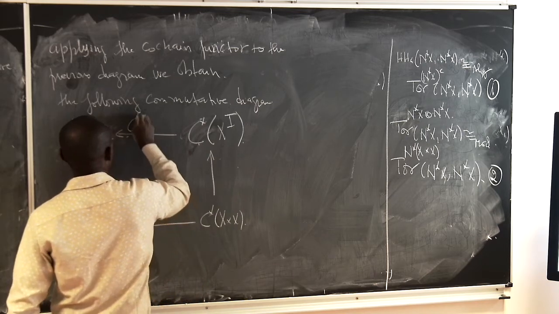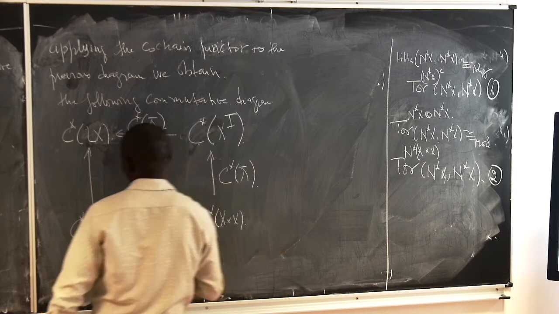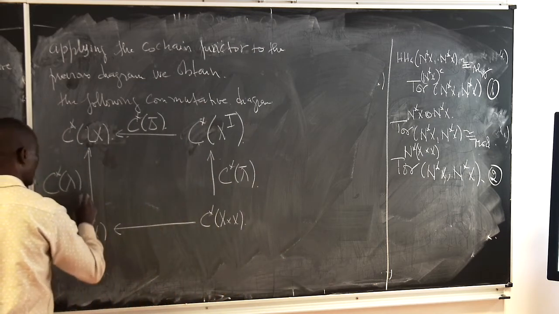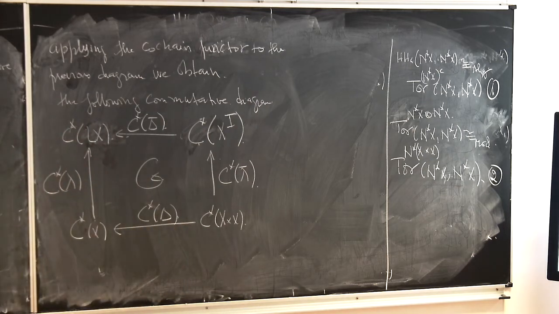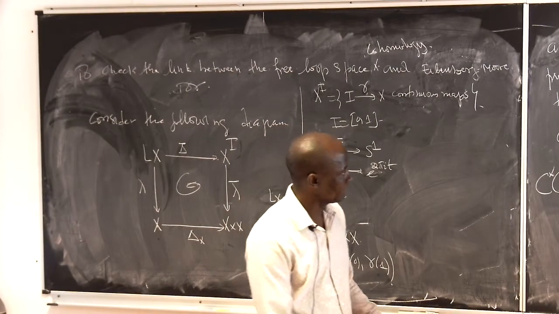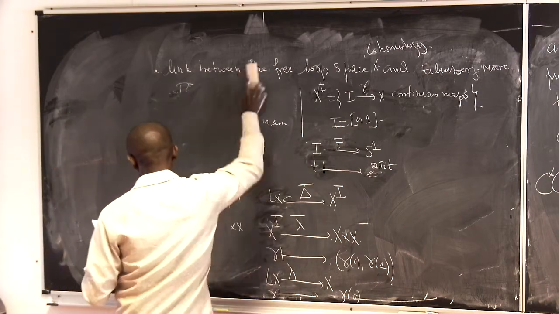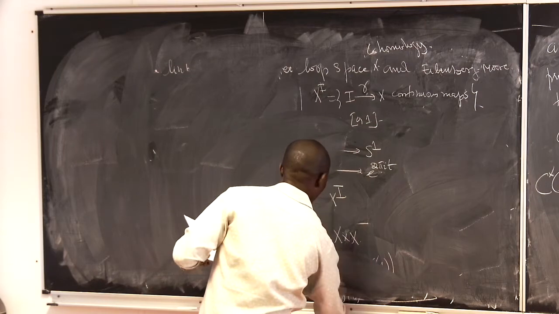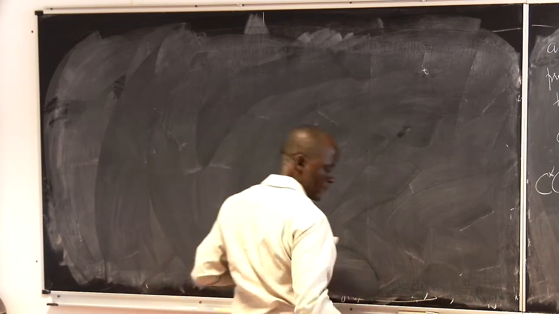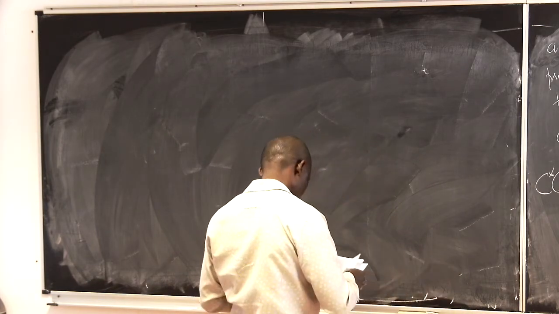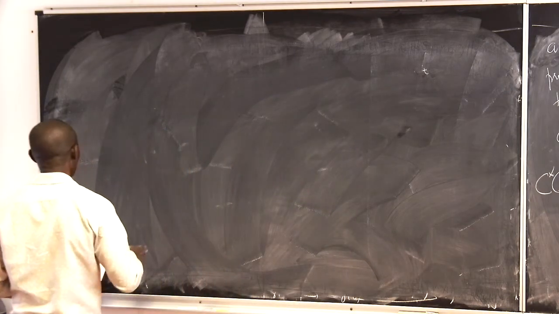Here we have of delta bar, of lambda bar, of lambda, which is also commutative. And then now